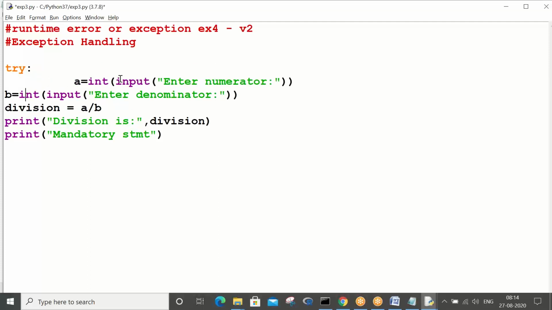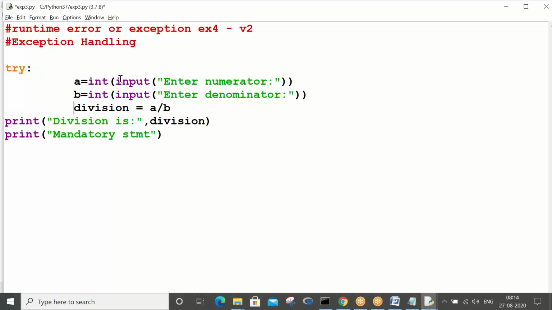Don't bother, I kept the indentation width at 10, that's the reason it is moving inward. Error-possible statements I have kept in the try block. Division equals a by b, here itself it can throw a division error.